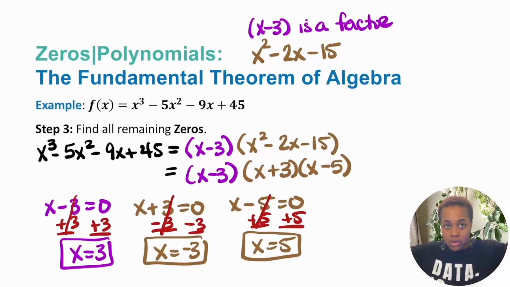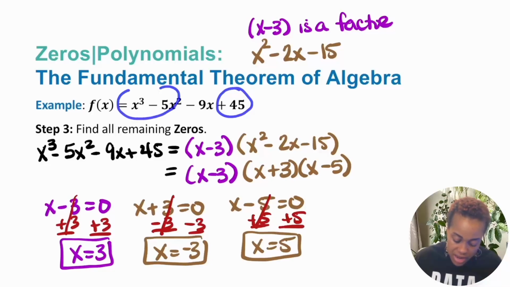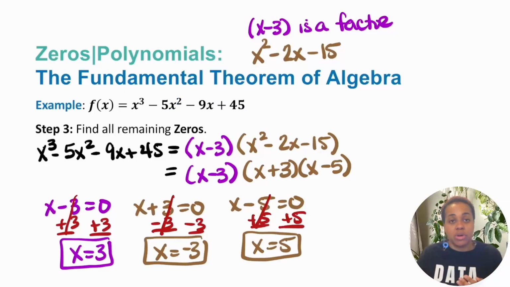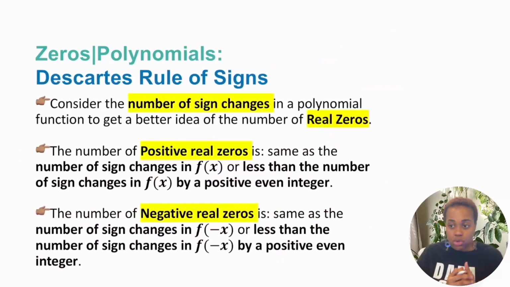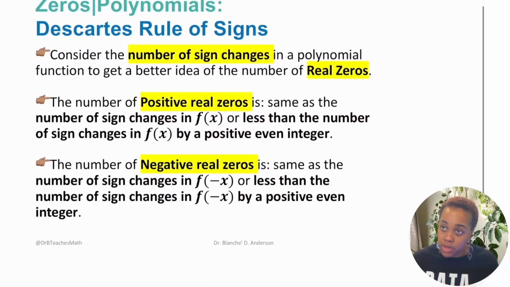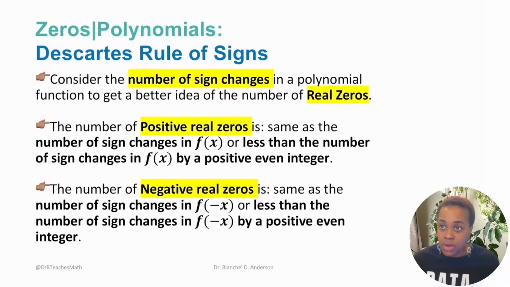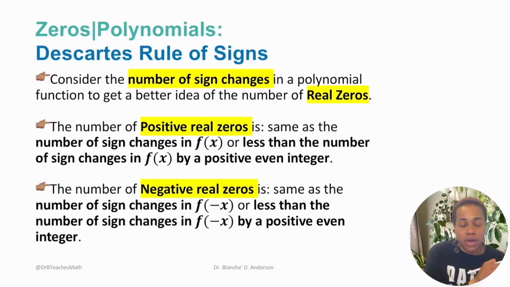Okay, so that's how it works from start to finish. Look at the numbers and kind of give yourself an idea of what to pick. Don't test all 12 unless you want to, but I wouldn't do that. Okay, another tool that really helps with finding zeros, or at least giving you an idea of what zeros to pick,